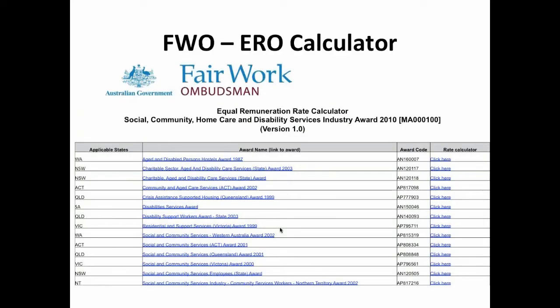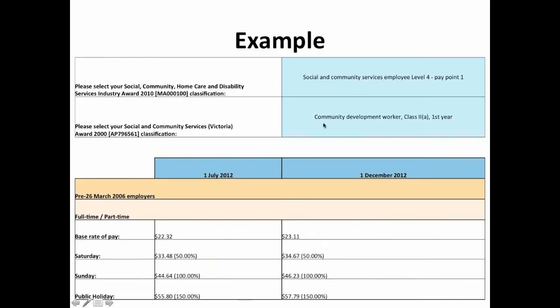Of course, if you don't have access to the Jobs Australia pay tables, you can get that information off the Fair Work Ombudsman's Equal Remuneration Order calculator, and you can see here you'll just need to nominate which award that you're coming off. It'll then ask you what was someone previously classified as, and then what have you translated that person to. The table then sets out for you what you would apply for the national minimum wage increase on the 1st of July and what would apply in terms of the equal remuneration order from the 1st of December.